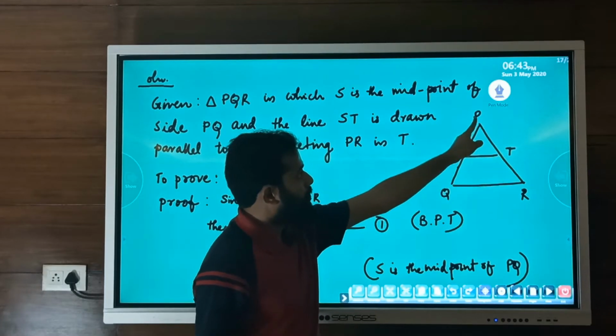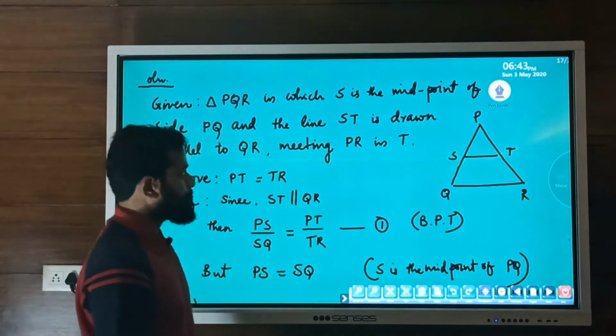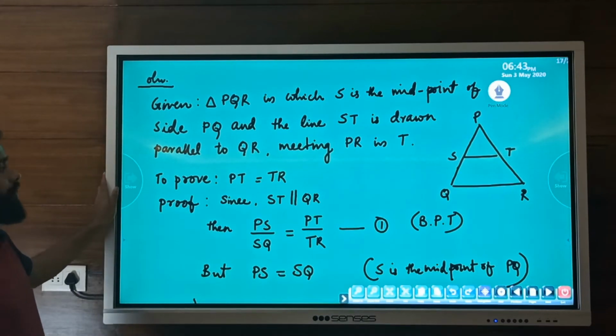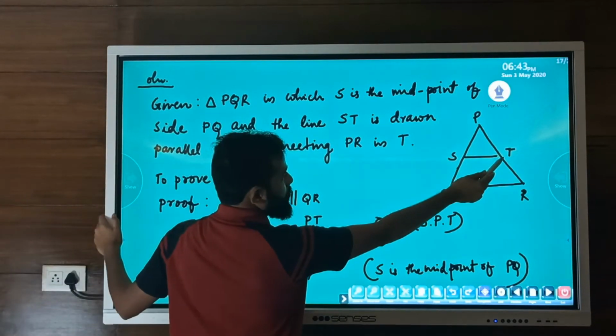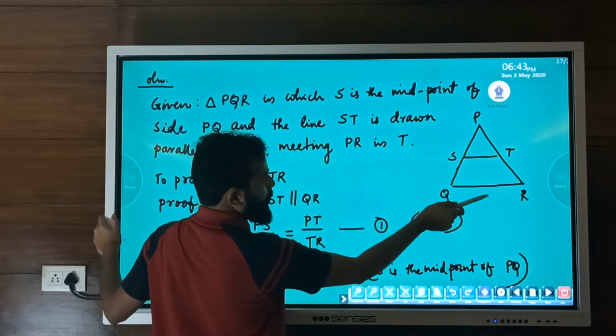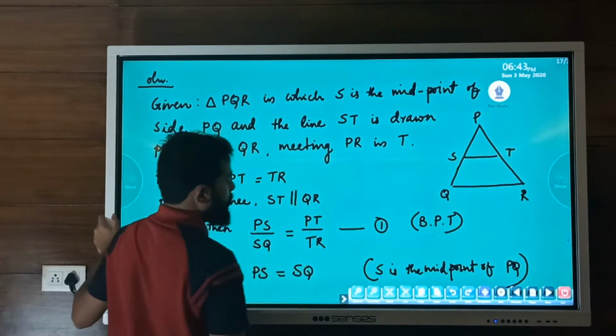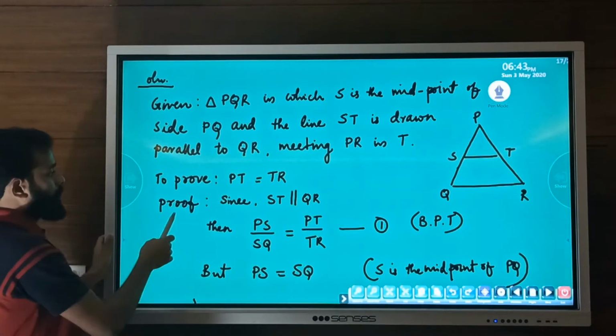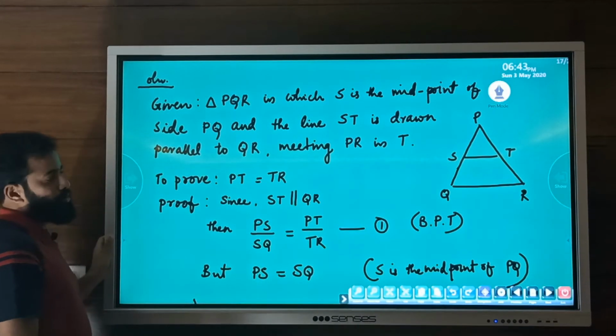To prove PT is equal to TR, that means if T is the midpoint of PR, we can write PT is equal to TR. So PT is equal to TR, that is what we are going to prove. Since ST is parallel to QR, that is given in the question itself, by the basic proportionality theorem,